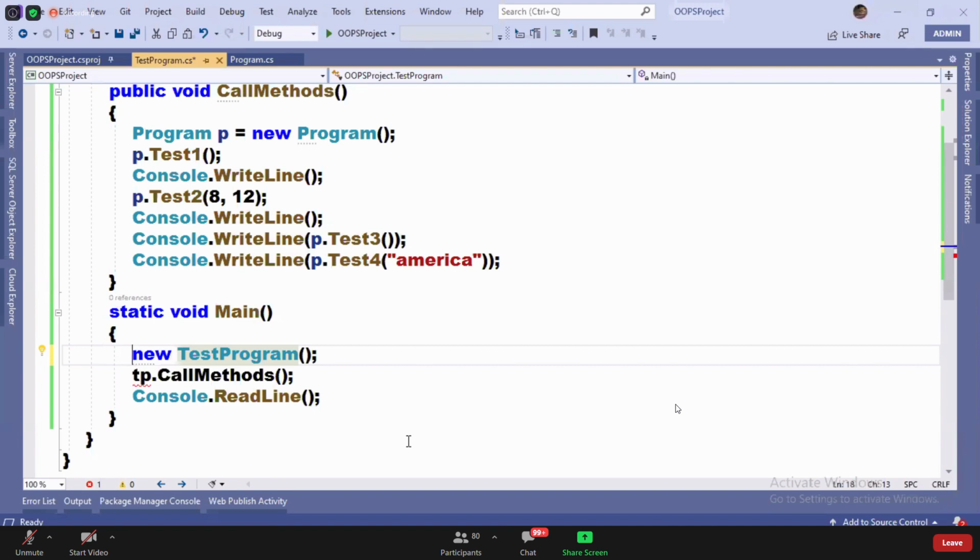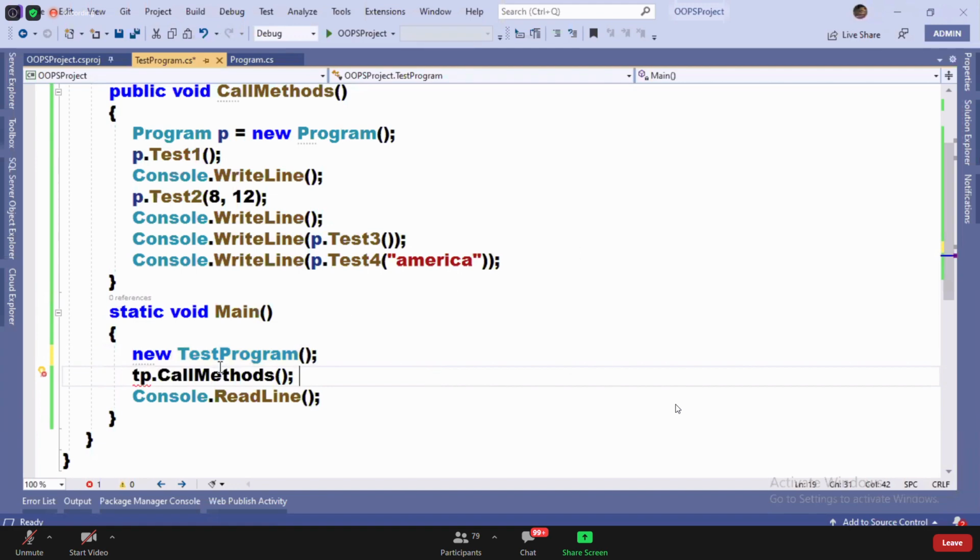Just now you said the right-hand side code is important for creating an instance, and again you're saying no, that will create an instance. But the problem is, the instance doesn't have a name. Instance creation will be done, but that instance doesn't have a name. If it doesn't have a name, how can I call methods?